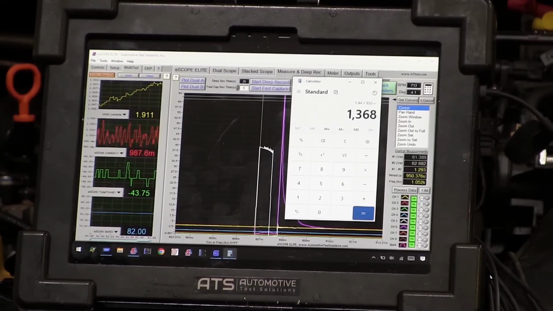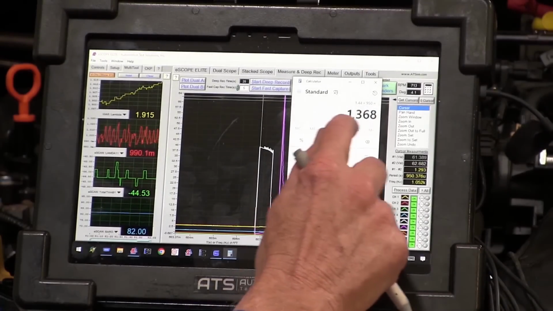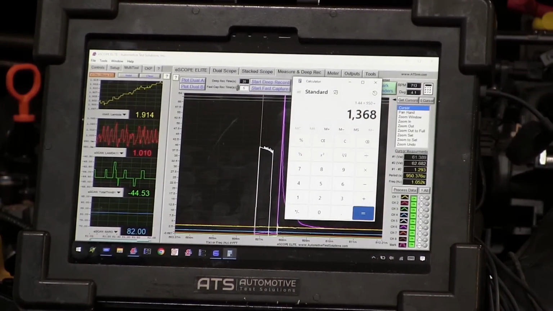Now port injection, if I had that, I would think that would be about right at idle. But a port injection only has 40-50 pounds of rail pressure. This GDI has 500 pounds of rail pressure. This is way too much on time. So what that's telling me right now, guys,